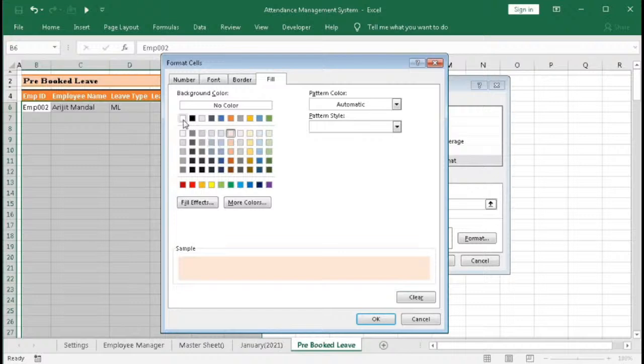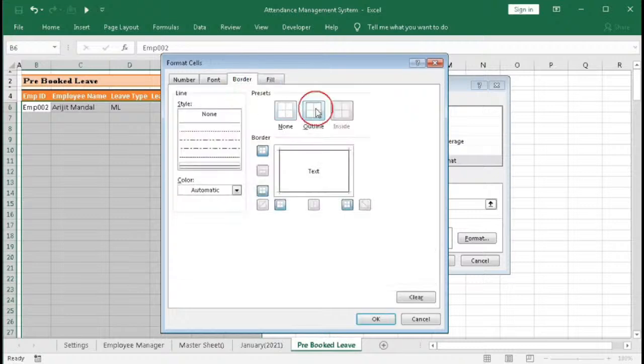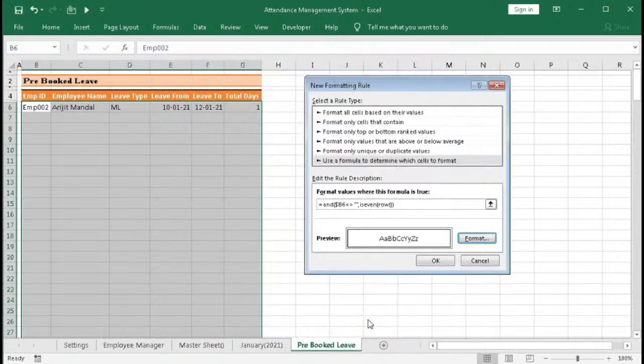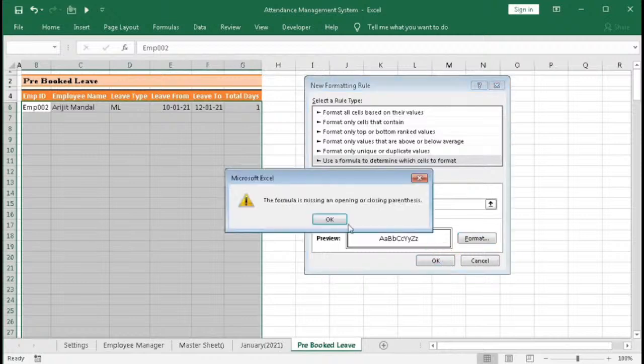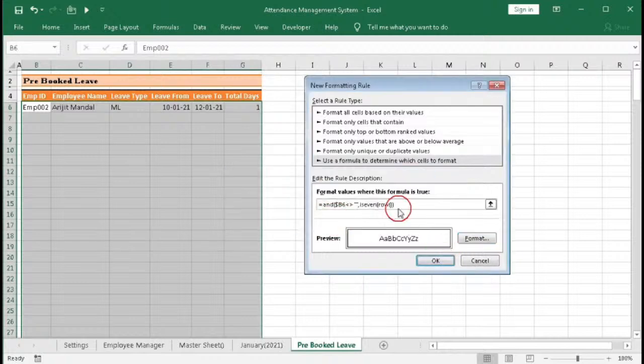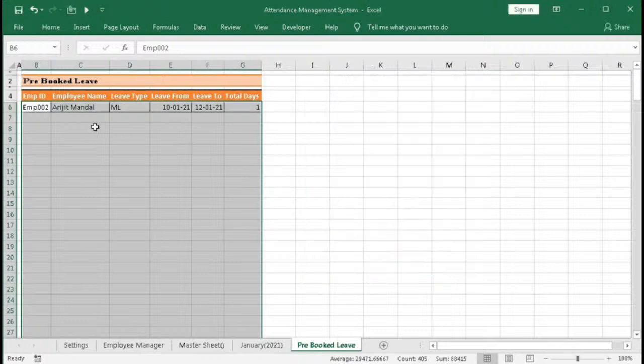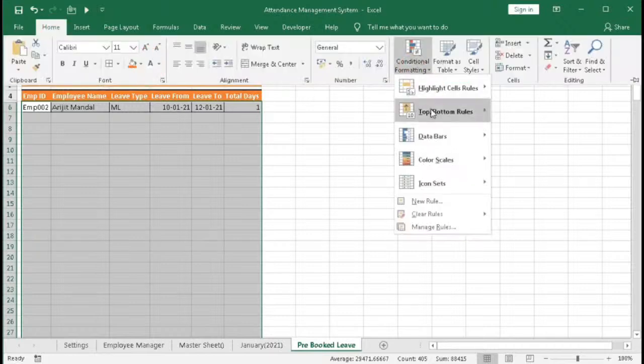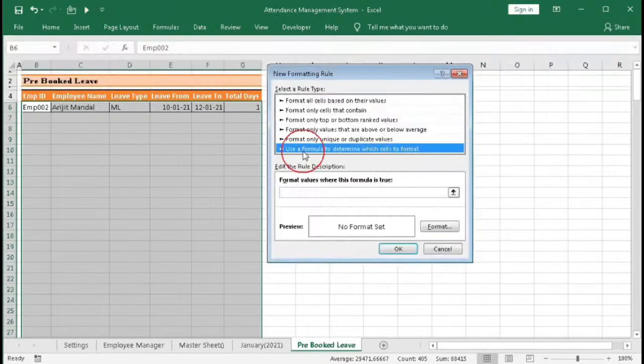So it should be, let's give white, and border outline. Okay, okay, so here is one problem, and bracket close for AND. Okay, so now we have to give another one. Home, New Rule, this one, same formula, equal to,